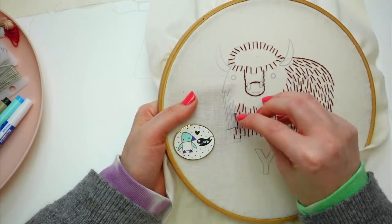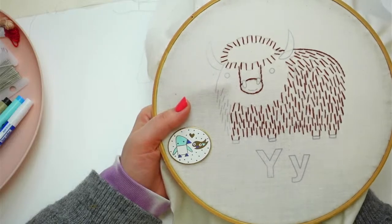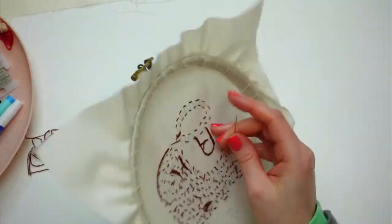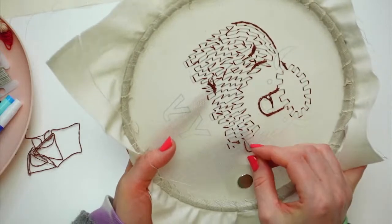Ooh, gosh, I maybe shouldn't have done this last stitch. I'm gonna need, ooh, you know what? I just have that one last piece and that might be just enough. Oh, perfect. That's just right. But yeah, so